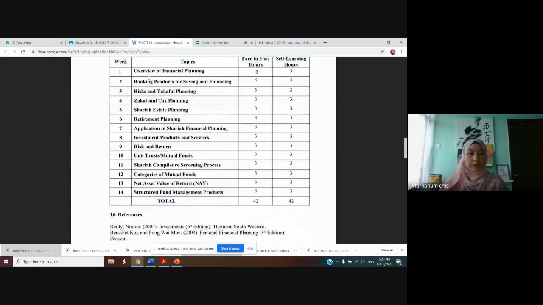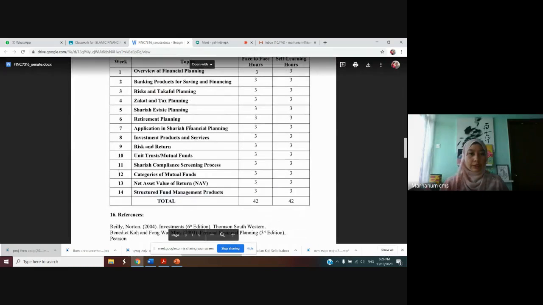So these are the topics that will be covered. The first week is overview of financial planning. If we have time, then we will discuss this first chapter. Okay, and then banking products for saving and financing, risk and takaful planning, zakat and tax planning,